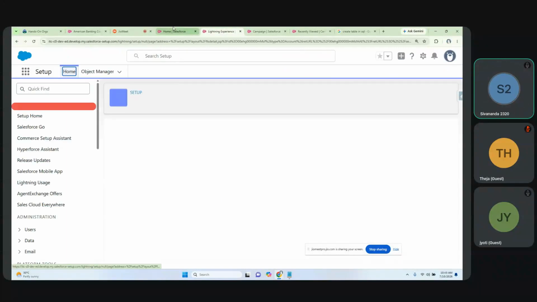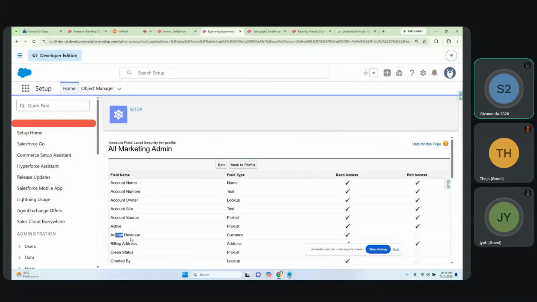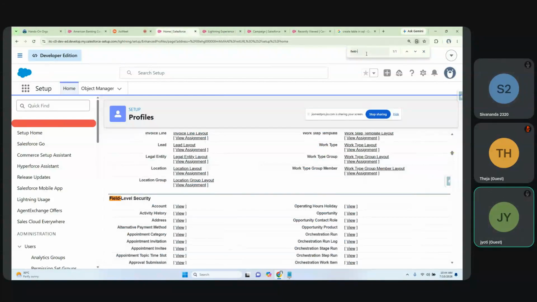So I clicked here and opened this, and for the annual revenue field, I unchecked this edit access. But when we logged in as that profile user, I was still able to edit the annual revenue. The reason is,